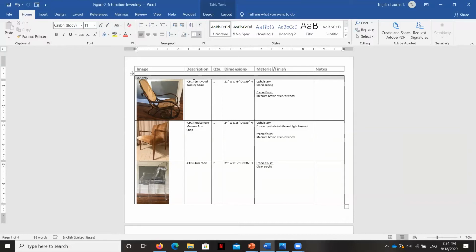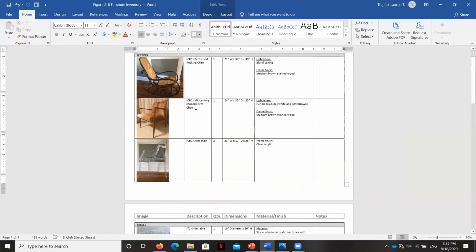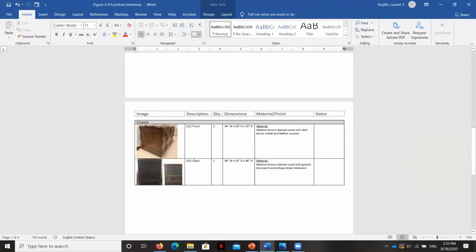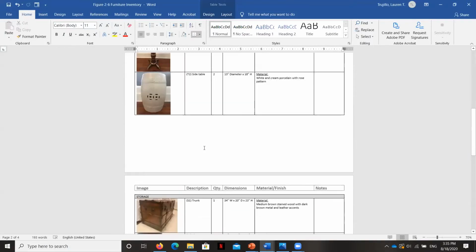I need to show where this particular chair goes, because I want to make sure that the key on the plan can tie right back to this furniture inventory. That's why you see this here. You can see the chairs are numbered, and the T for table is numbered, and then the storage items also have their own key.